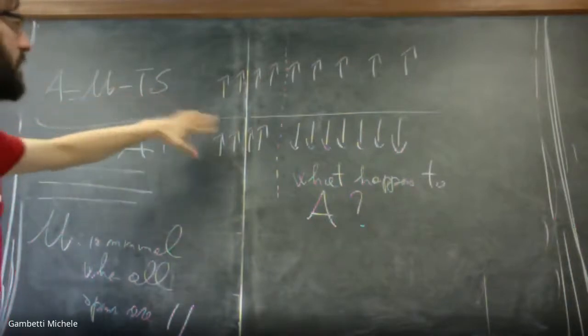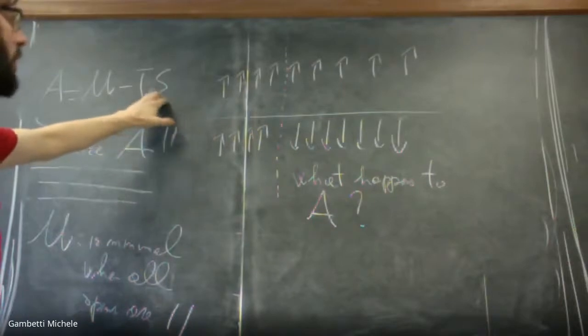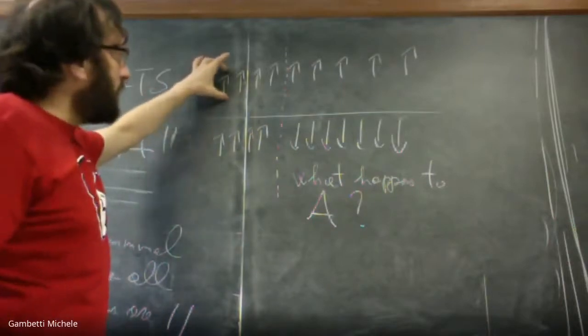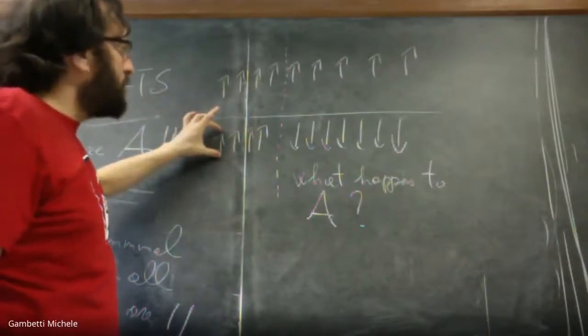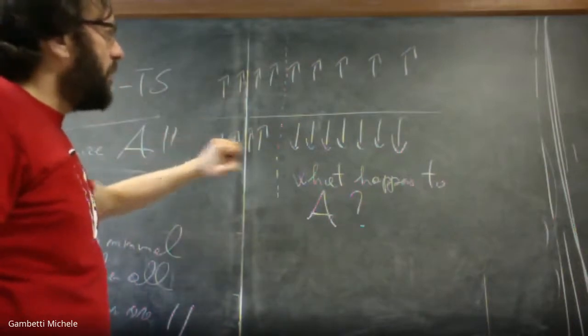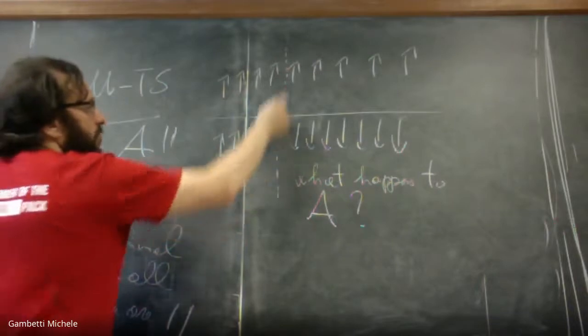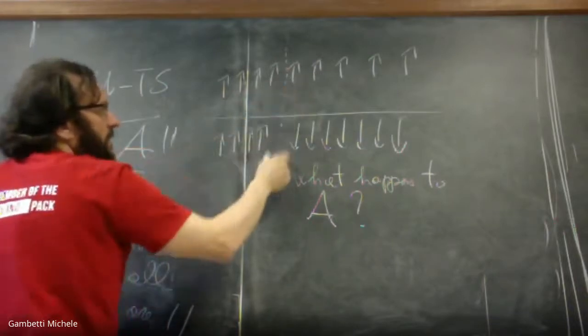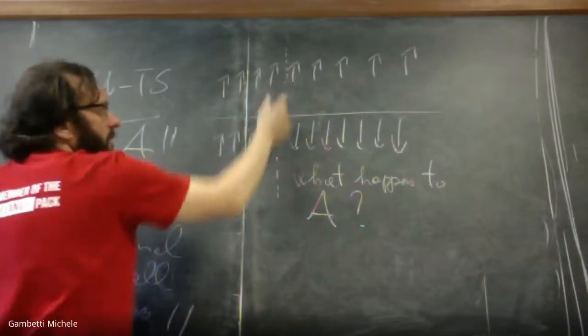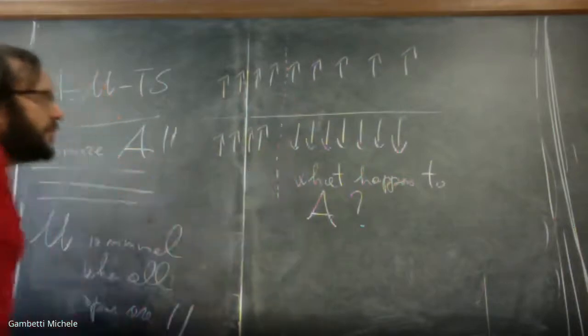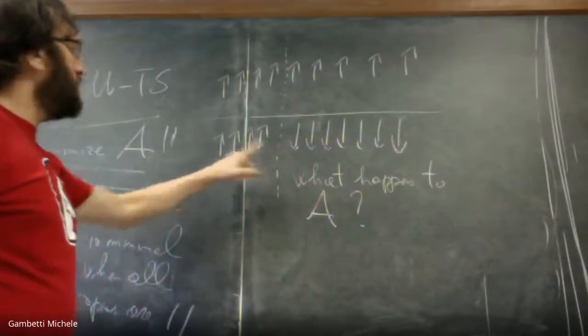Now, what you can see here, and I will do the calculation in a moment, is that if you go from this configuration to this configuration, you pay a small price of internal energy because you have these two pairs of spins that are not aligned anymore. Here they were aligned, here they are not aligned anymore. So you pay a little price to the internal energy.